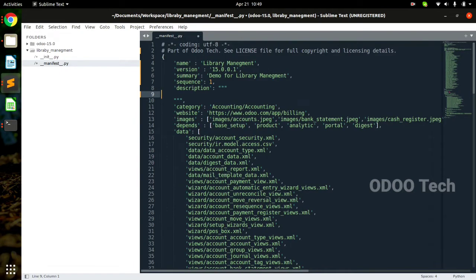So I'm going to write the description here as a demo custom module of library management by Odoo tag. Okay,